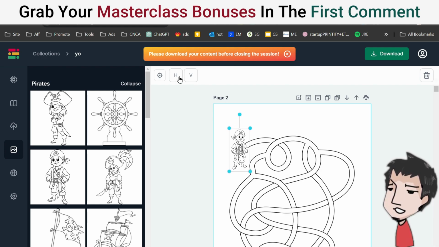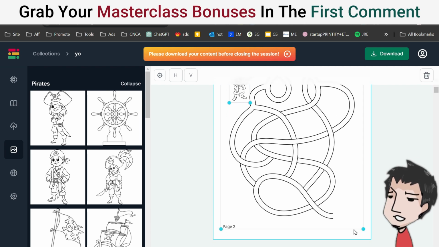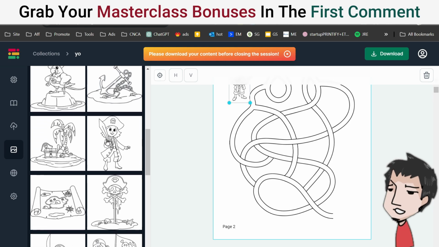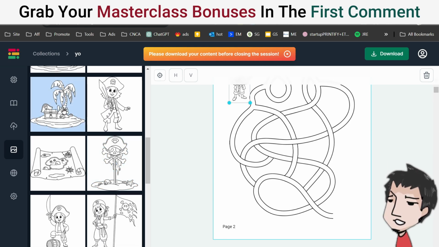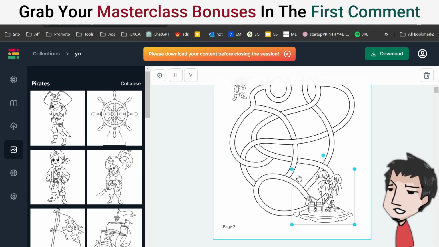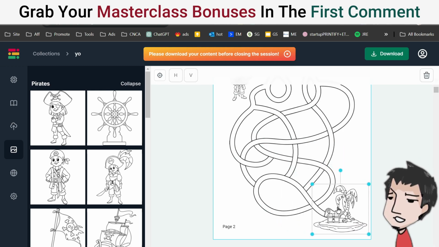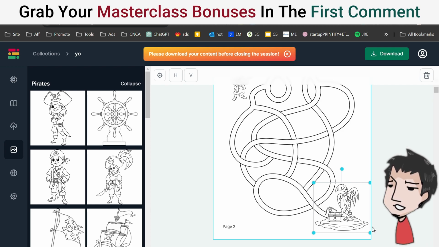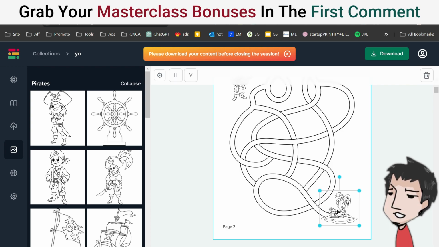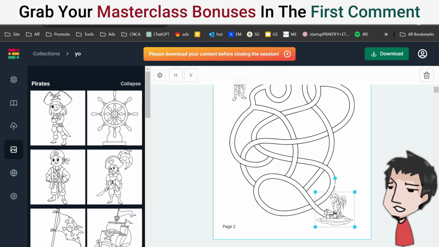I'm going to flip it so it's facing the maze kind of, and here I'm going to find something that this child wants to get to. Again, the treasure. The treasure I keep constant, because I want this to be the theme of the book, a pirate going after his or her treasure. Right in there. You can definitely overlap with the maze because it looks like it's going right into the treasure. And the cool thing about this software, it will automatically